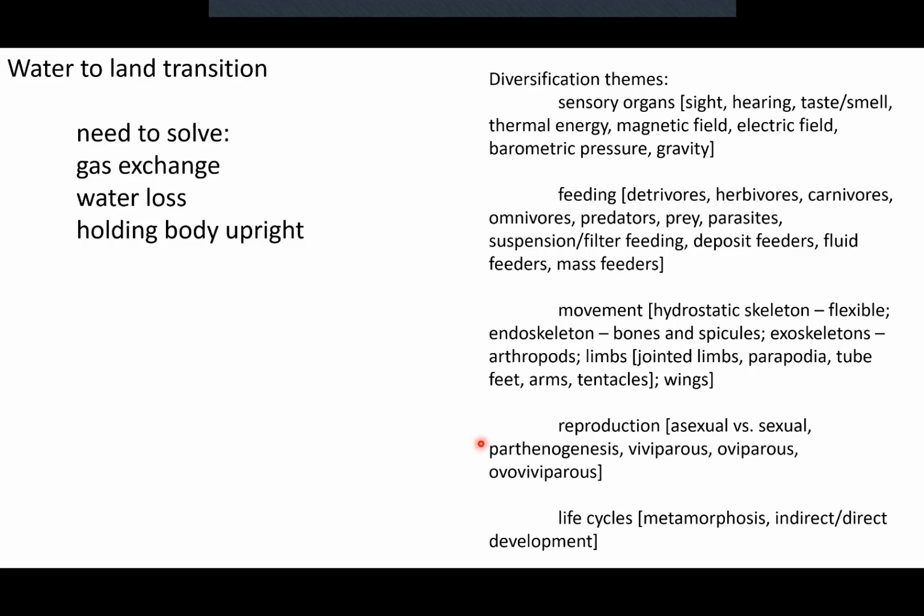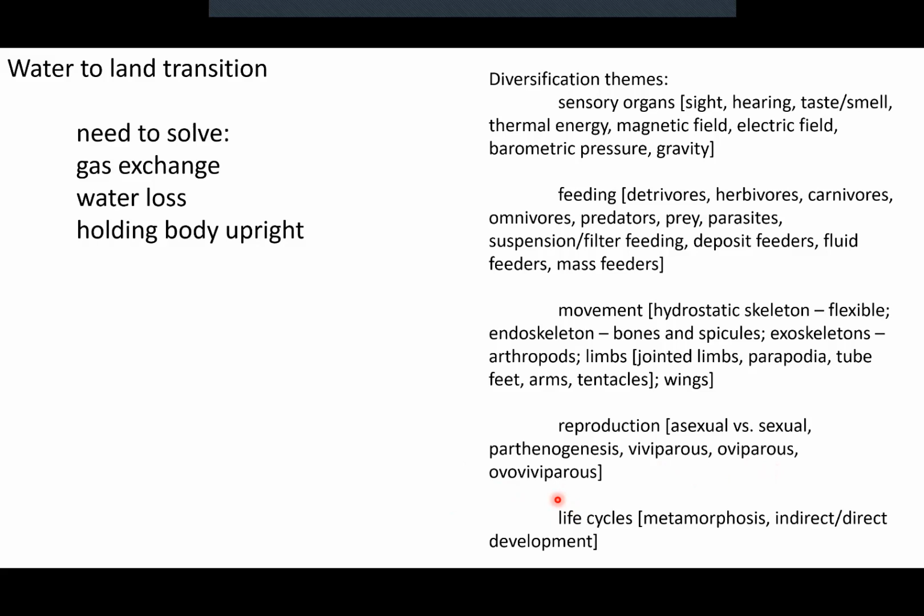Animals are diverse in the ways of reproduction. There are asexual and sexual reproduction in animals. Parthenogenesis is a form of asexual reproduction where an egg can be unfertilized by sperm and can still develop into an embryo. Viviparous animals give live birth. Oviparous animals lay eggs. Ovoviviparous animals have eggs that develop in their bodies and then they give live birth once